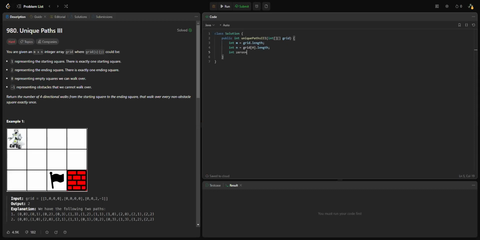And then also, I want to keep track of our possible starting positions, so my possible starting position for x and for y, because we do not know where they are. So basically, we have to go through the grid. So if i is equal to,